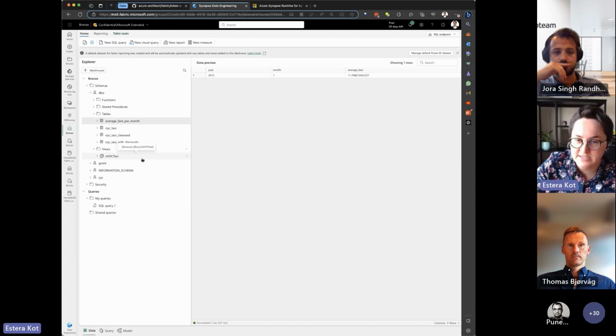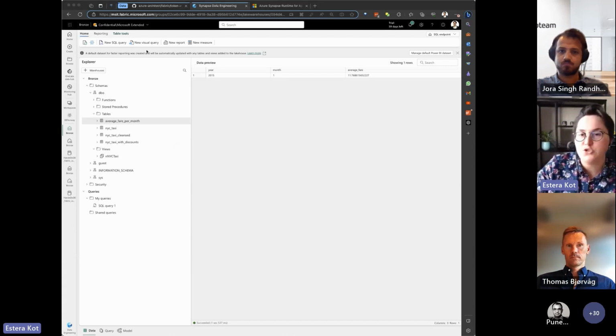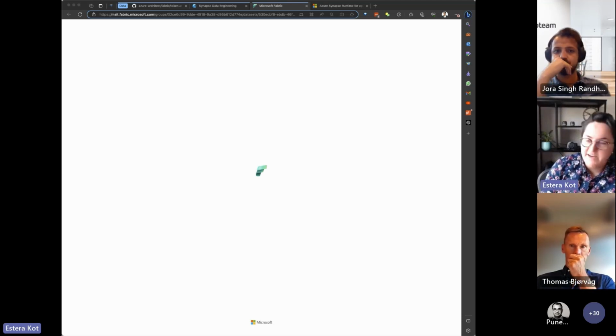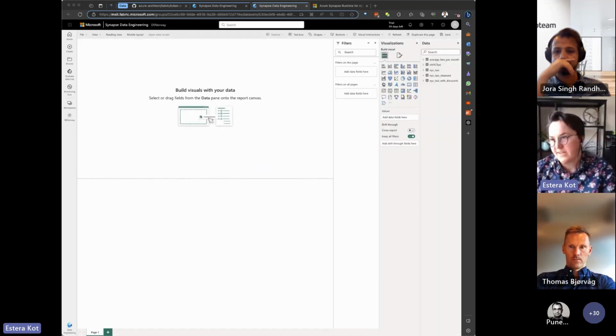And here the scenario is that some Power BI user will access it directly. At the same time, the last point I promised is native integration with Power BI. So here, let's choose the reporting, new report. And here, Power BI comes with a very needed feature named Direct Lake. So let's alter the diagram, and then I will comment on top of the result. So very quickly, we have access to our Lakehouse immediately.